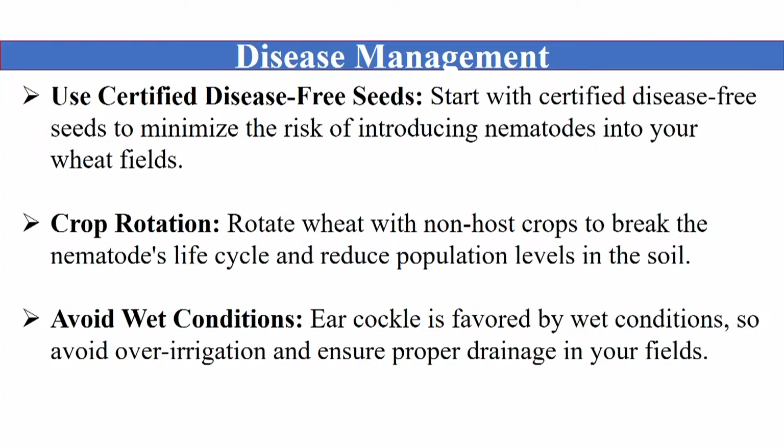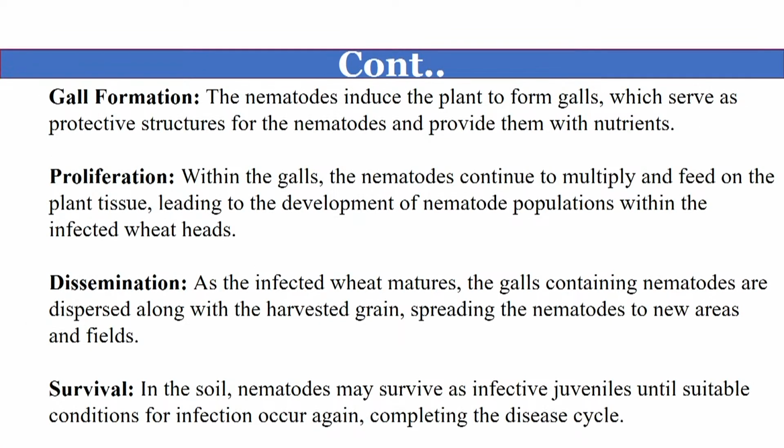And plant wheat varieties that are resistant to Anguina tritici, which are available, and you may use the resistant variety that can help to reduce the severity of the infection. And use certified disease-free seed, which minimizes the risk also. And you can also use fungicide for controlling the disease caused by Anguina tritici. And now we will discuss another important disease,